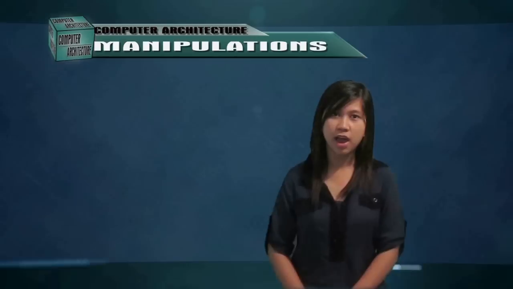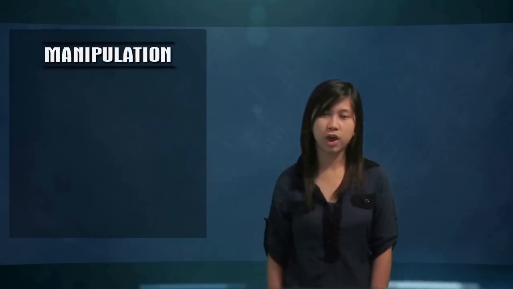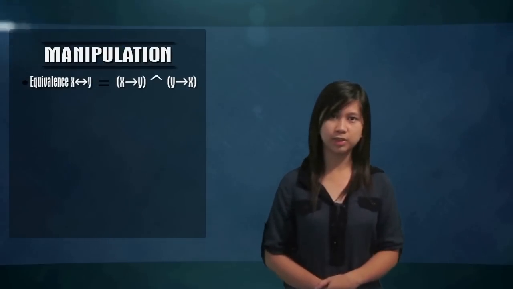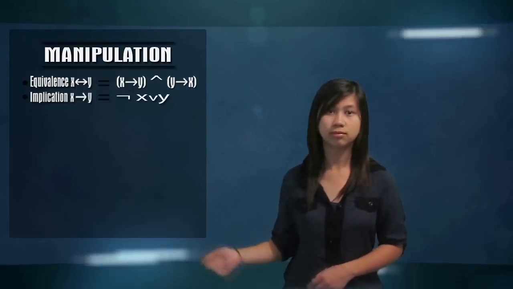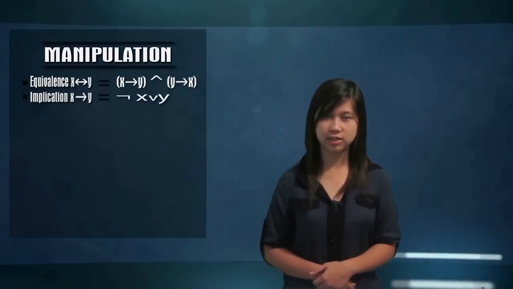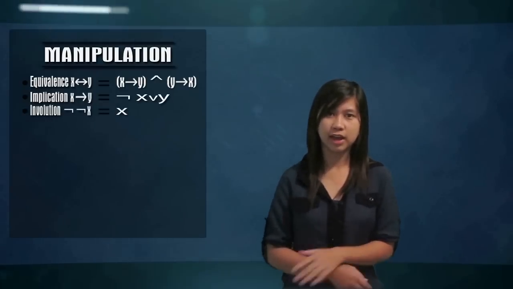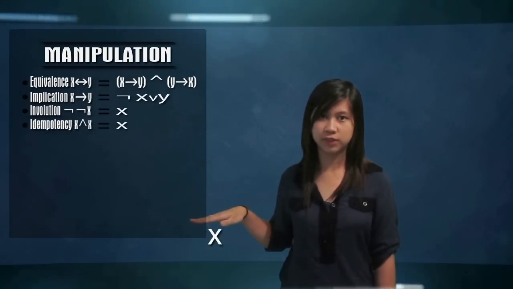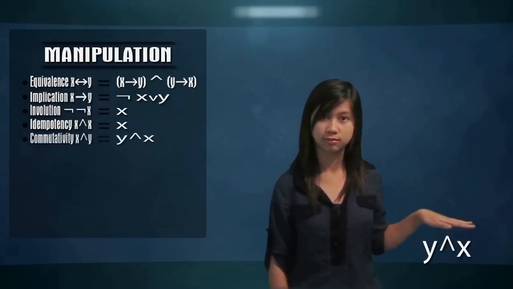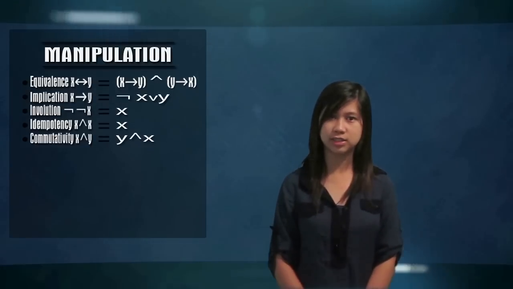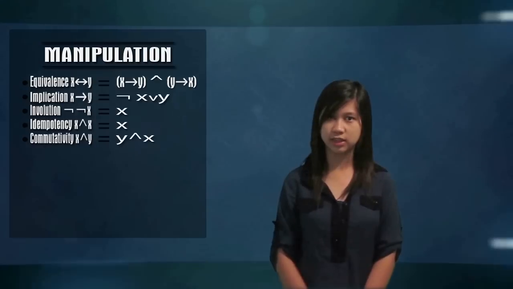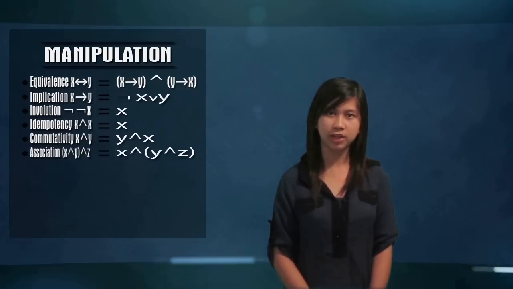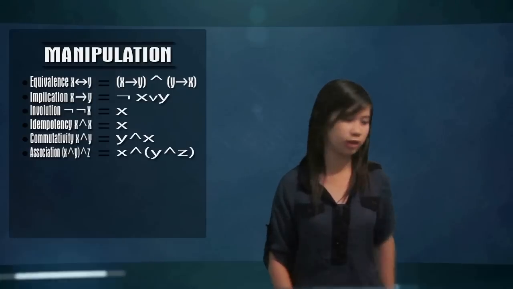The first one is the equivalence: when X implies Y, it is equal to, and implication, X implies Y is equal to, and involution, not X is equal to, and idempotency, X and X is equal to, commutativity, X and Y is equal to, association, open parenthesis X and Y close parenthesis and Z is equal to, distribution, X and open parenthesis Y or Z close parenthesis is equal to,